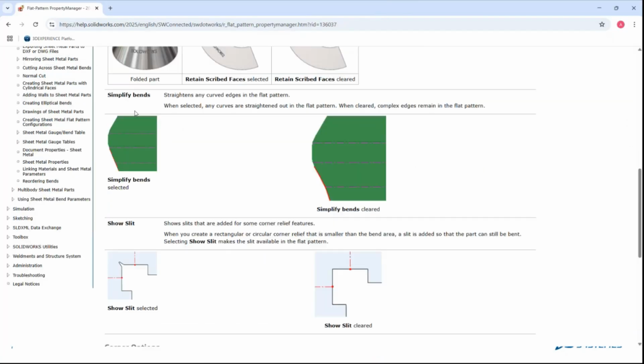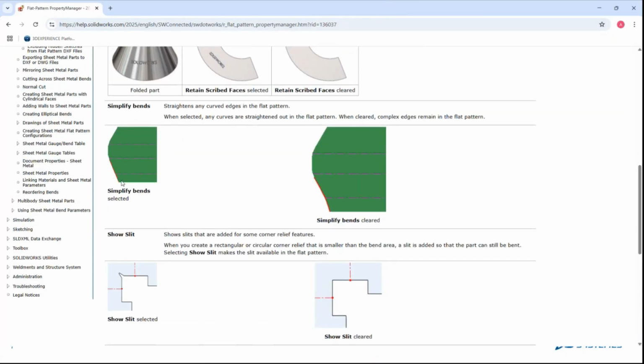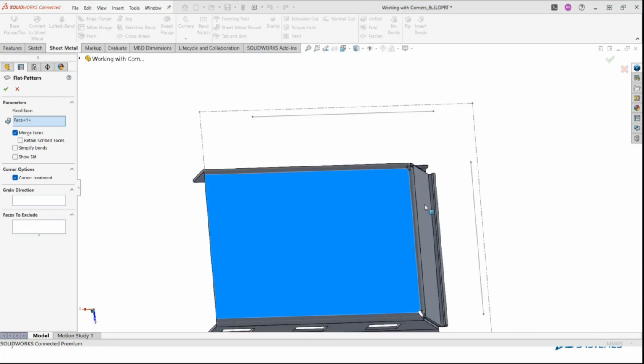Here is an example of it. Here you can see it's more tangential towards the cutting section. Here it has a curve. That curve can be trickier to create. So it's an option that will give you the tangential version of it, which gives you a better output during the